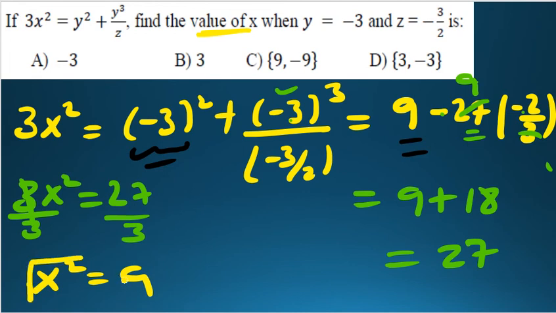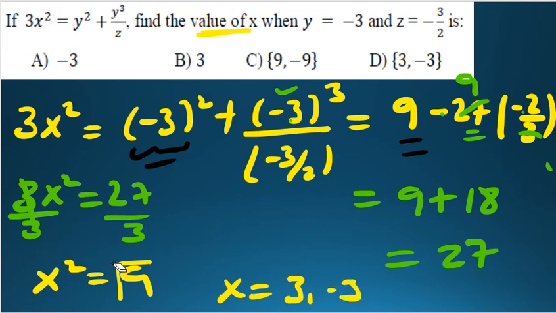So when I put in the square root of 9, x will be 3 or negative 3. Because what does this mean in another way? The square of a number will give you 9. What number squared will give you 9? Either 3 squared or negative 3 squared will be the answer, because